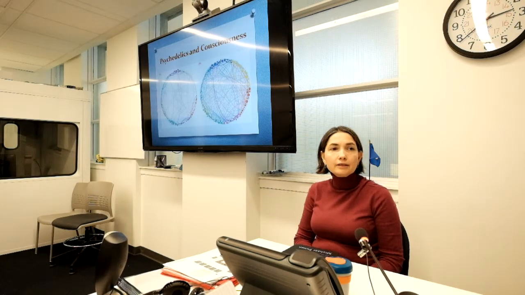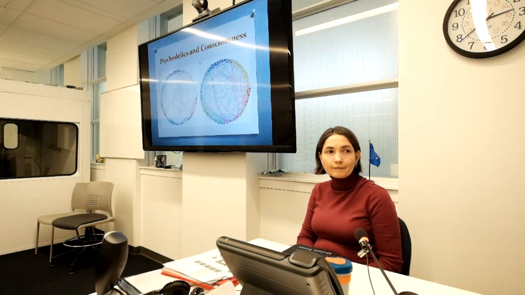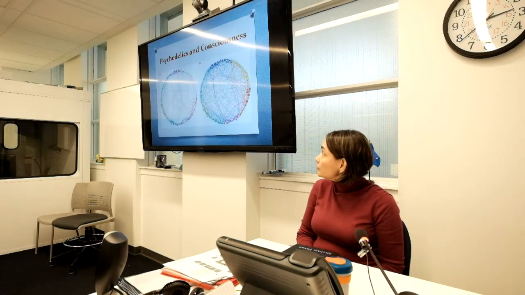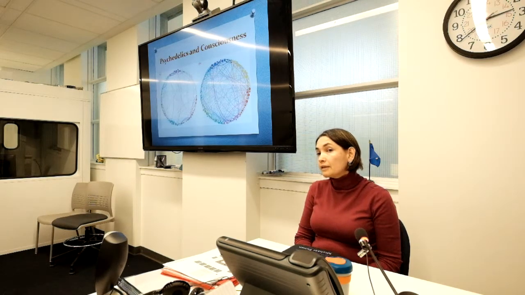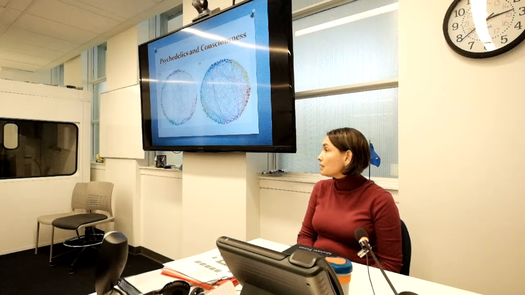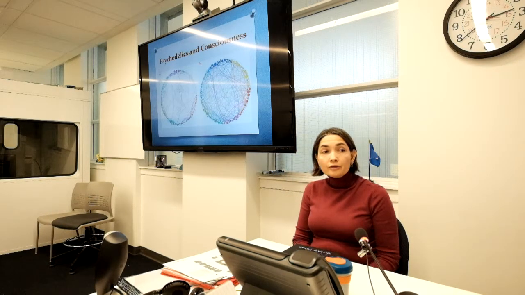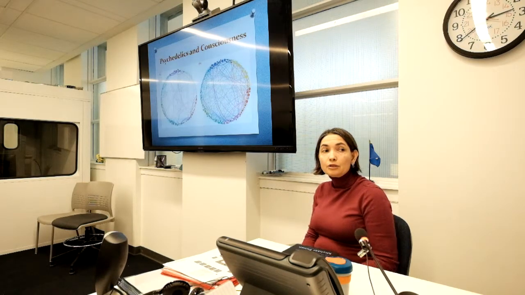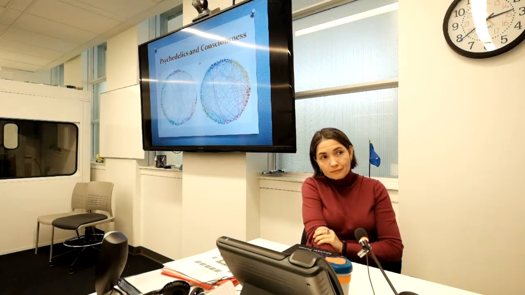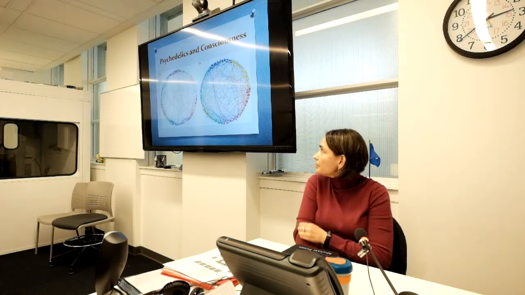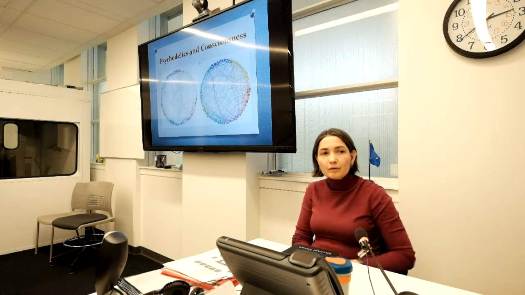Okay, so let us continue with the second part of the presentation on psychedelics. If you look at this picture on the screen, I'm sure you're all familiar with it. If you Google psychedelics, you are sure to come across some version of this diagram. These two pictures represent two versions of an adult brain. Obviously this is a schematic representation. This is not the actual anatomic representation of the human brain, but it will do for our purposes.